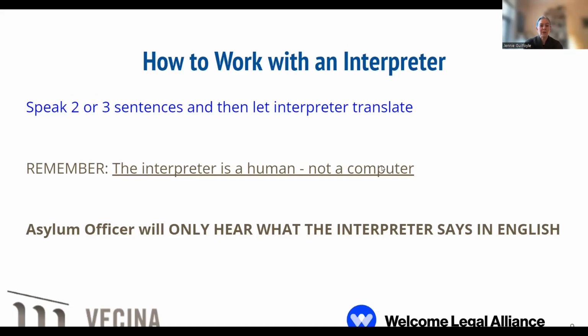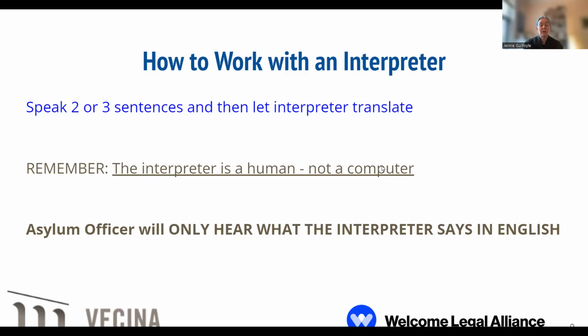And you can imagine the interpreter is a human being, not a robot. So they'll forget things or get things wrong or summarize or not be translating word for word. That will 100% happen. And the other thing that will happen for sure if you don't practice in advance is that the interpreter and the applicant will often end up having side conversations where the interpreter is trying to be helpful by clarifying something with the applicant, and then they have a conversation back and forth.